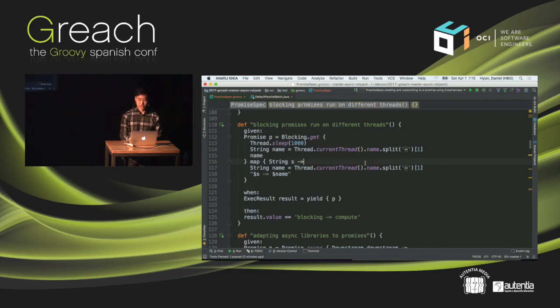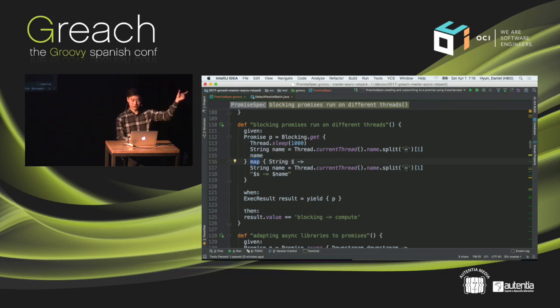This is just to demonstrate that each thread pool produces a thread name that's easy to see, so you can see where the thread is running. In this case, we're first running on a blocking thread pool, and then we're mapping on a compute thread pool. Really, what we're expecting to see here is blocking then compute, right? So we block, we extract the thread name. We just do a bit of string manipulation to grab the actual thread pool, and then we pass the result of this into the mapping function.